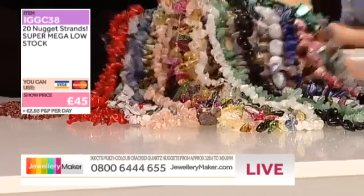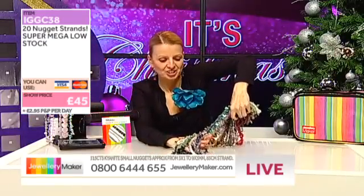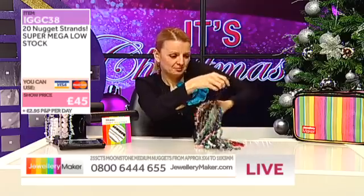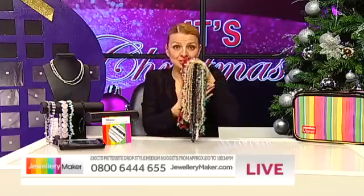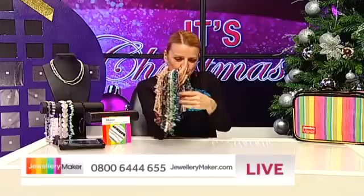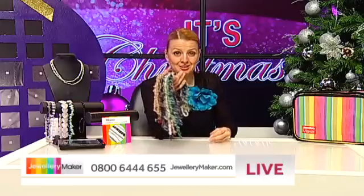That's a lot of gems. That is a lot of gems, and it's all yours. Look at that. All yours. £2.25 a strand. So if you want it, you need to stay on the lines. You need to confirm right away. I've just done Rajasthan garnet, citrine, moonstone, kyanite and iolite in double strands for £2.25, and I'm passing on again